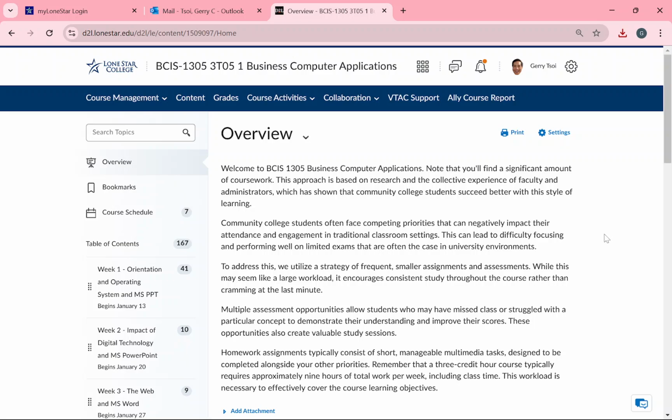If you're in a university environment, you'll probably just have a few exams in which you have to create your own coursework to prepare for those exams. And what we've done for community college students is we've created that coursework for you. We've created it in a manner that it's short and concise and it hits certain points because we know that our community college students